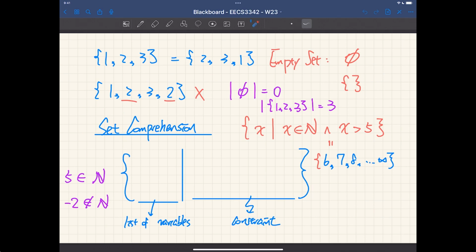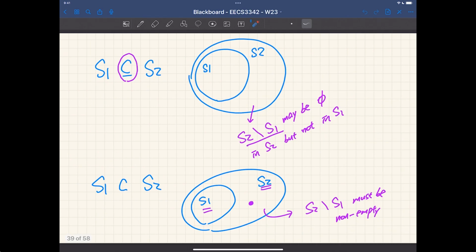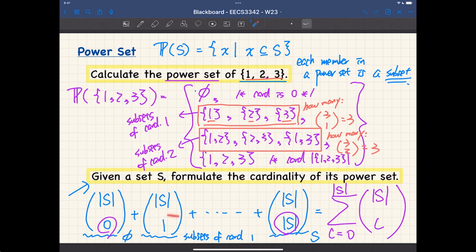And we're going to do some exercise on the basic operations for sets, but you guys have to make sure you understand very well this particular page. Number 1, how you're supposed to calculate the power set given a set systematically. Number 2, if I ask you to formulate the cardinality of a certain power set, that's another way, right? Of course, there's another formula which I want to mention a little bit. I will revisit these two formulas and compare them. They basically boil down to the same thing. But this one here turns out to be a little bit more flexible for you to use. I'll talk about it, don't worry.